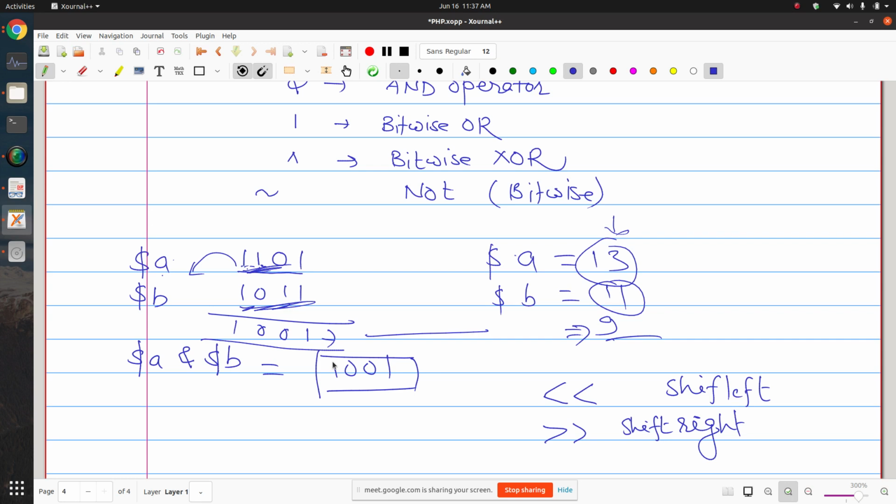Now we have not discussed the logical operators. So let's talk about the logical operators.